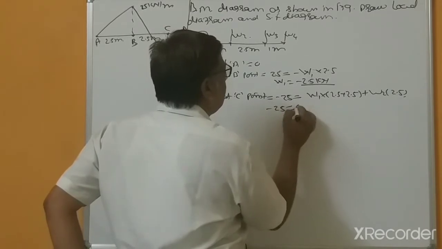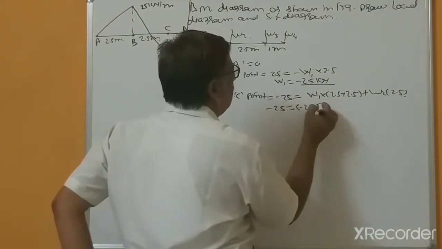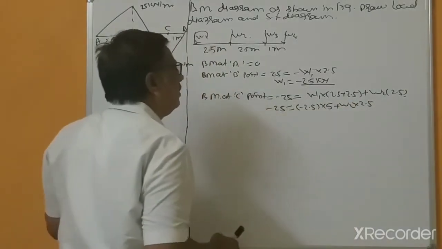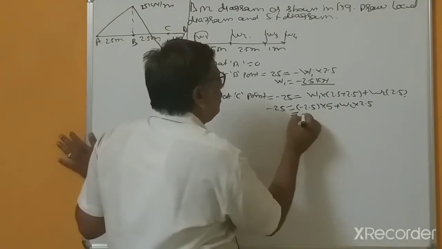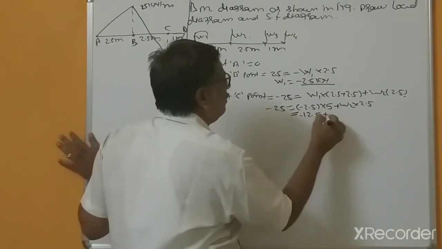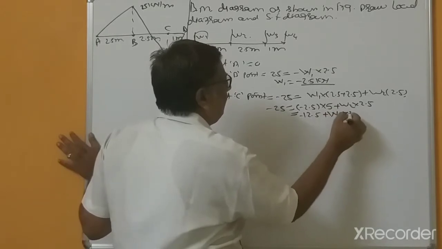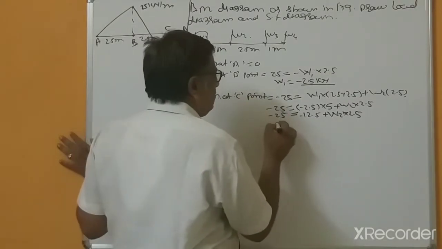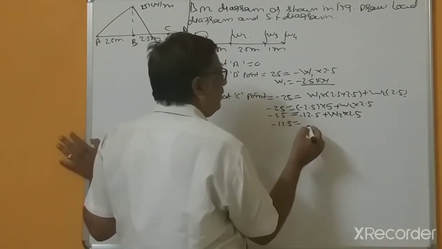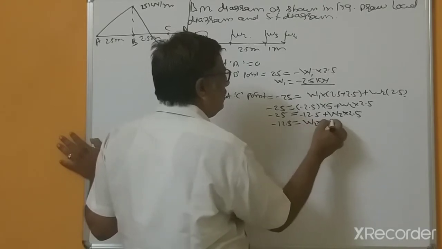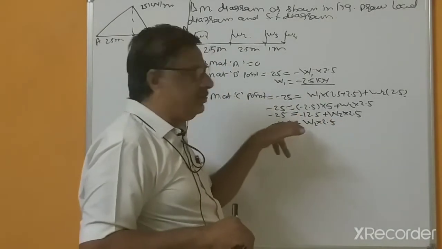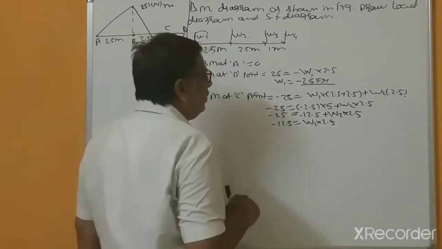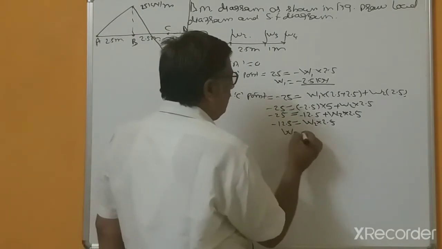So 25 equals W1 multiplied by 5 plus W2 into 2.5. This is 12.5 negative, and this is 25, so this is 12.5 equals W2 into 2.5, because this 12.5 comes to the left hand side. So W2 equals